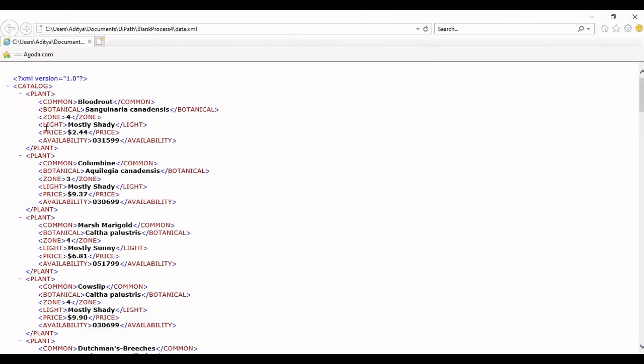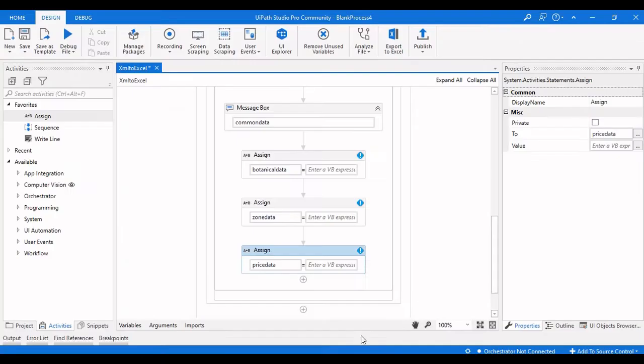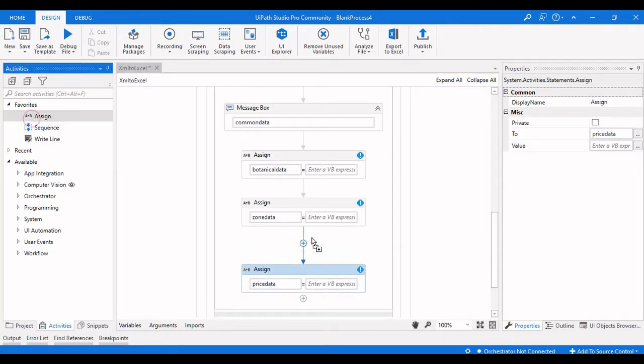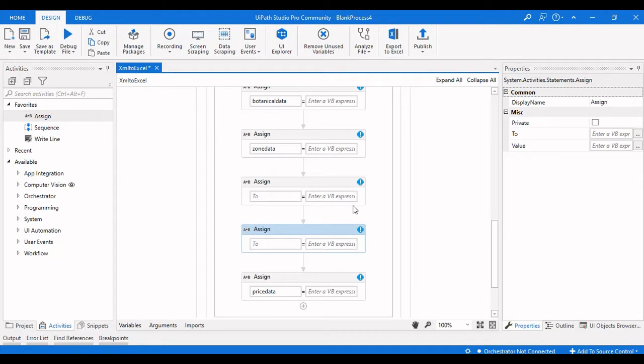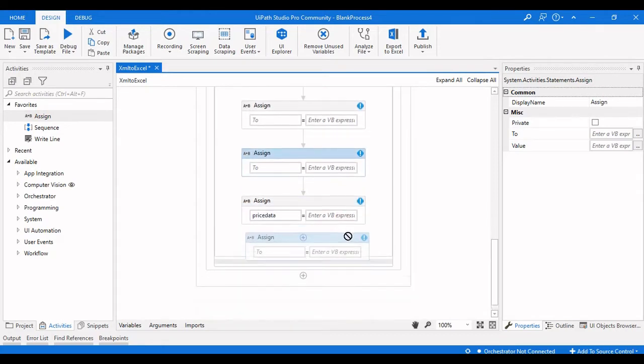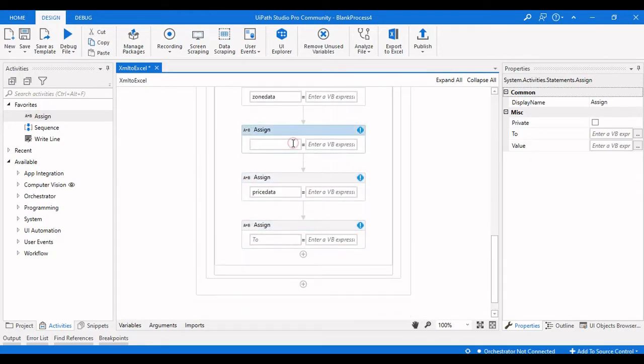Botanical, zone, price, and light and availability are the remaining ones, so we need to take another two. We'll make it in order. So here it is light data, and the last one is the availability data.